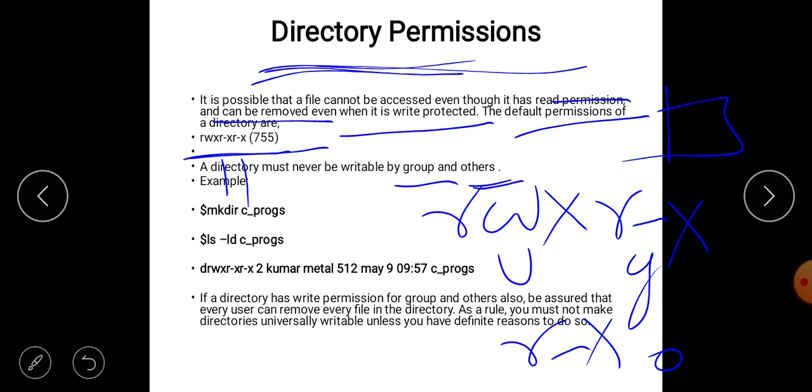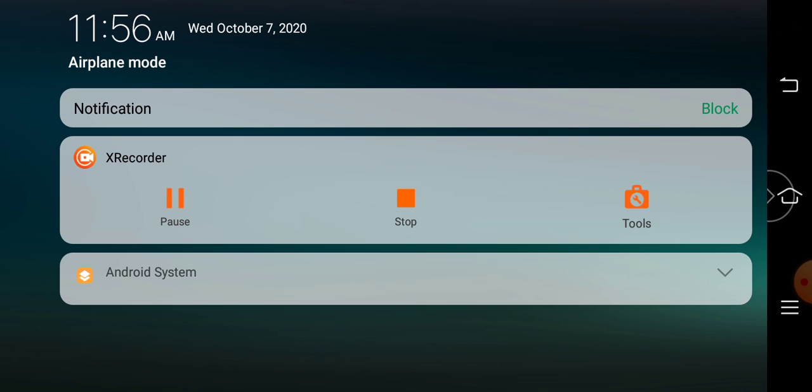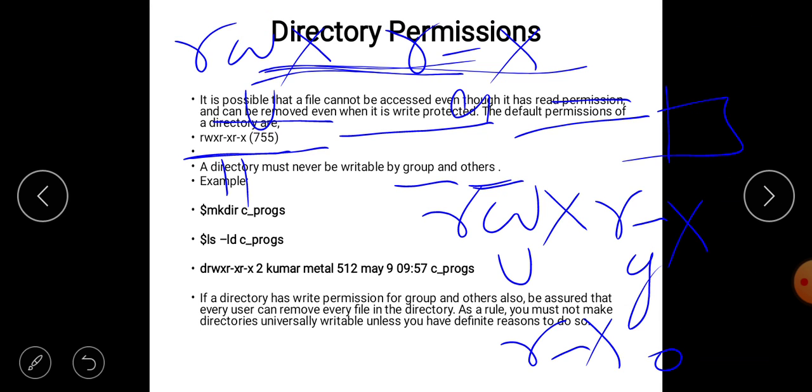You can see that RWX is there, this is for user. Next R hyphen X is there, this is for group. Okay, R hyphen X is there, this is for others.